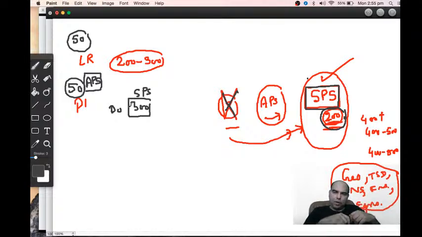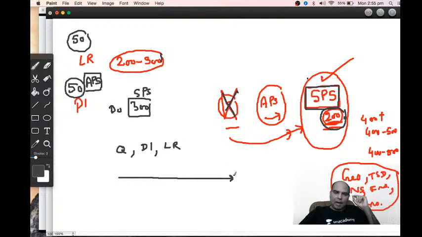ठीक है, चलो. तो this is what, so you have to do this thing, and what will happen whether you're doing quants, DI or LR. One last point of advice before I wind up. Whether you're doing quants, DI or LR, one of the things you need to remember is that there will be a gap in terms of number of questions that you see and the number of questions you have done.